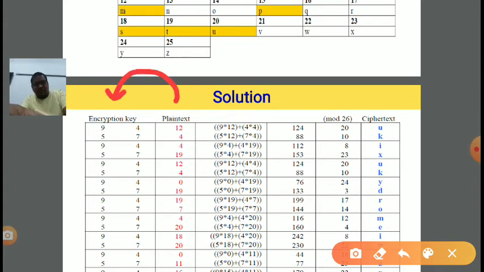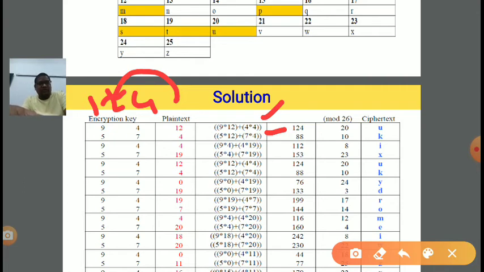So 12 into 9 plus 4 into 4 will be the first row. Similarly, 12 and 4 will be multiplied with 5 and 7: 12 into 5 plus 4 into 7.